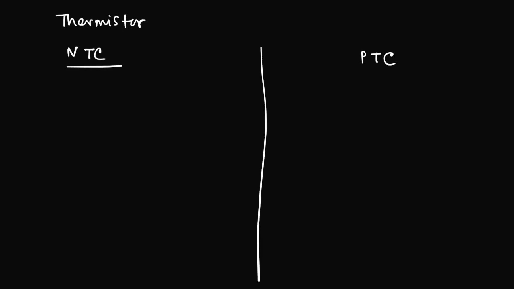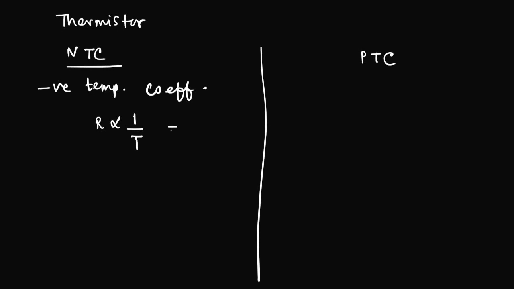Now I can say thermistor can be said disc shaped, bead shaped, cylindrical, depending upon the sizes and shapes. But it is also of two types depending upon the temperature coefficient. One is called NTC, another is called PTC. Now in NTC, as the name is suggesting, it is an acronym for negative temperature coefficient. What does that exactly mean? That means that when the temperature is increasing, the resistance is decreasing.